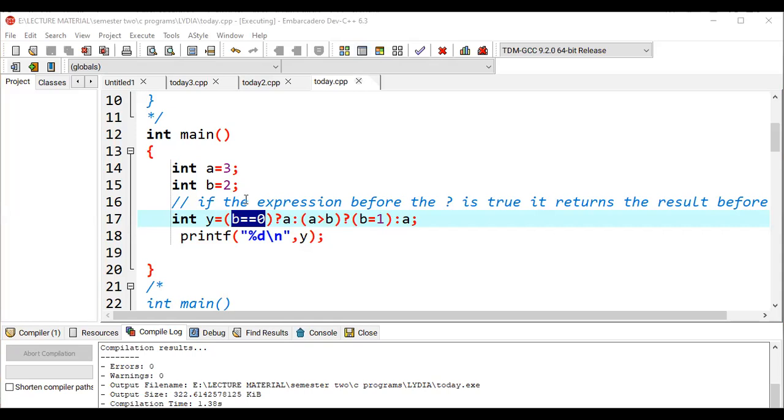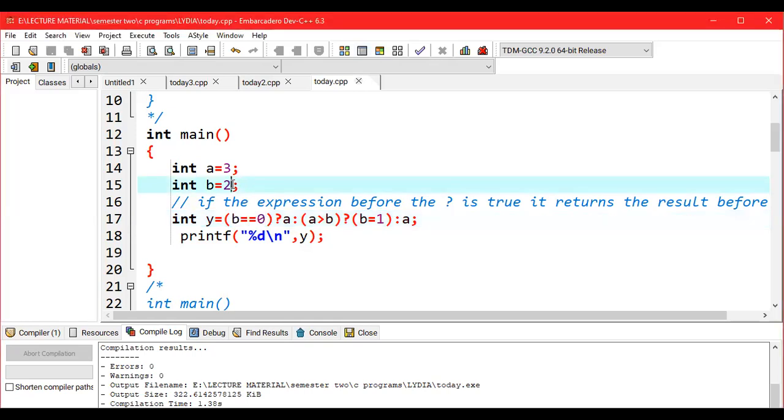Wait. So the way I understood that explanation, I don't know what others have explained. You see, it will evaluate B equal to 0. Is B equal to 0? If it is false, it goes to the next. And if it were true, it would return A. But if it is not true, it goes to the next condition. Is A greater than B? If that condition is true,